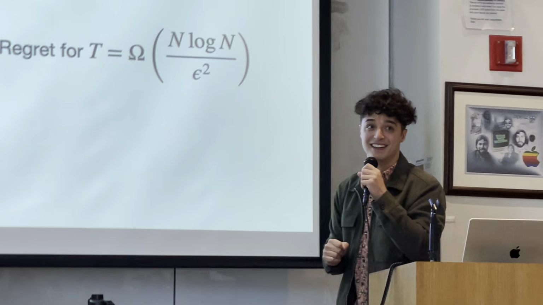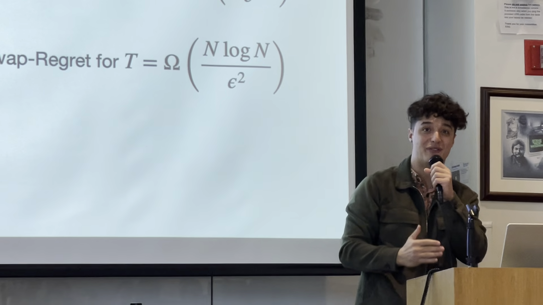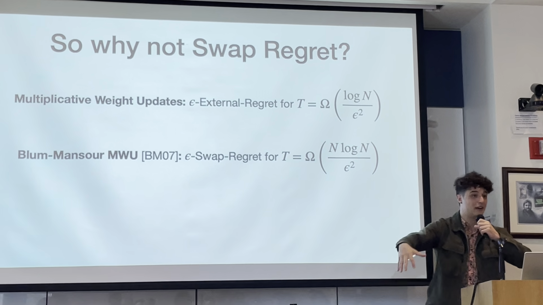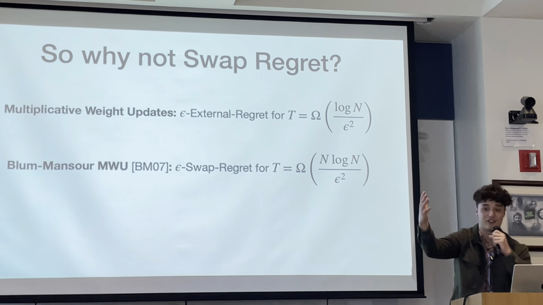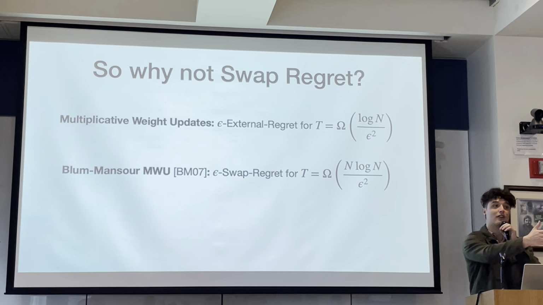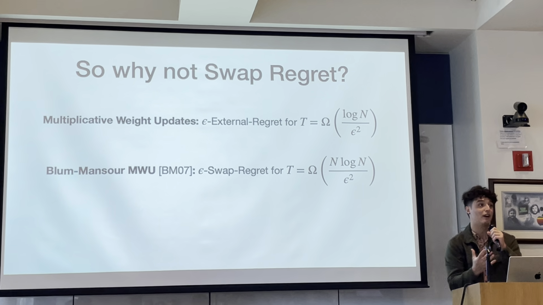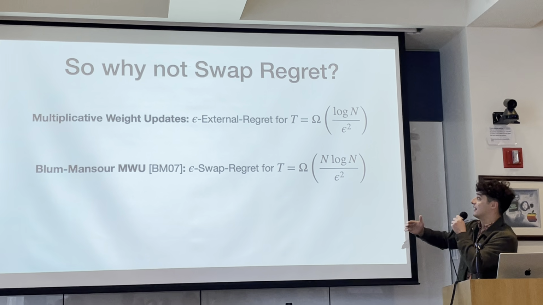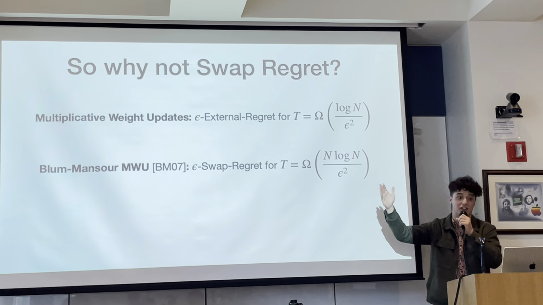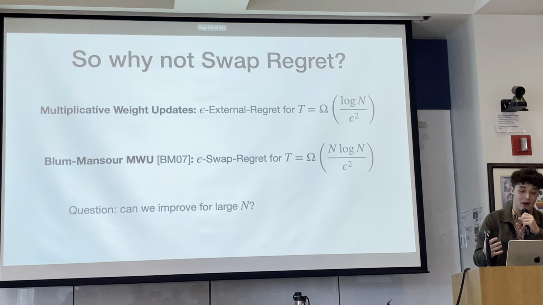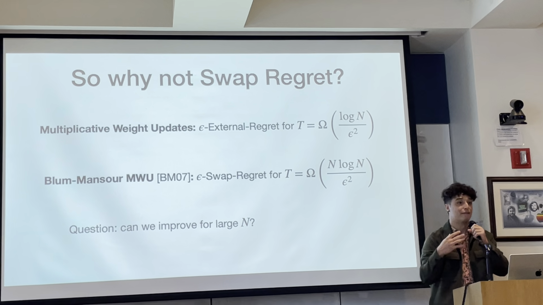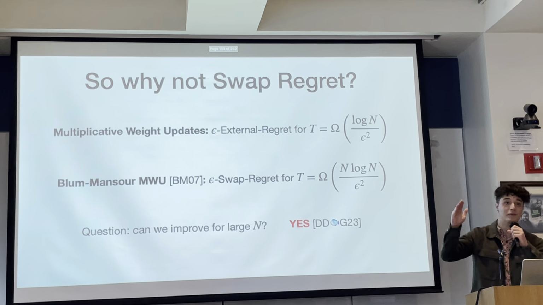I know I introduced online learning in this setting with a nice little menu of 5 actions. But decisions in this world often entail an entire portfolio over some sort of financial thing, or some complex contingency plan of what actions I will take in all these different states that I could find myself in, which are often exponentially large. So it's often the case that having this polynomial dependence on the number of actions is going to make this algorithm infeasible. So there's this open question: can we improve on this rate of swap regret learning for large N? 17 years later, we answered it affirmatively.